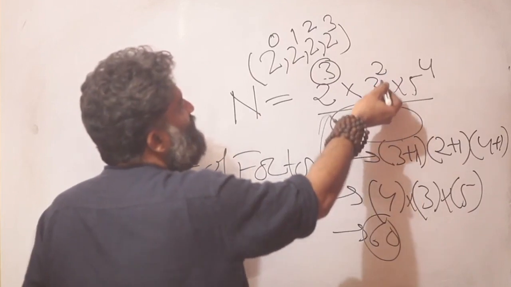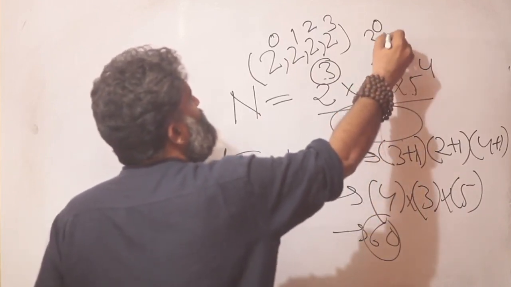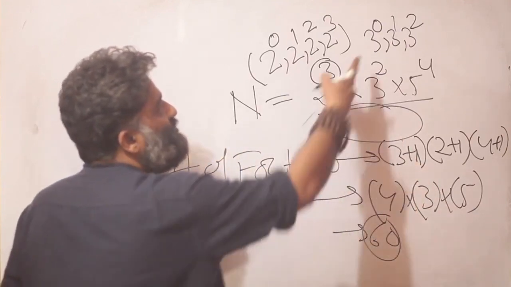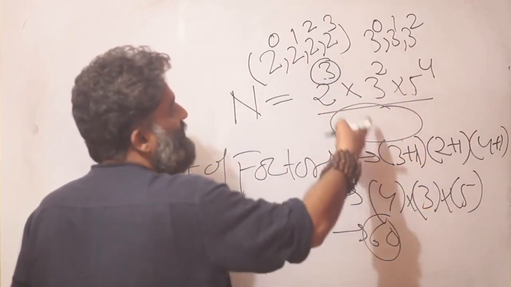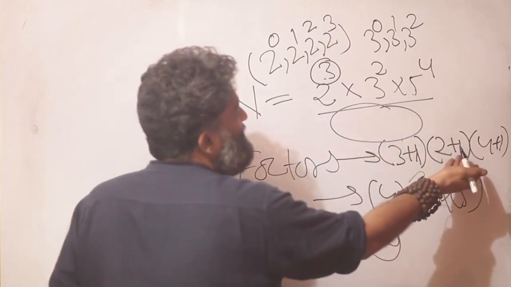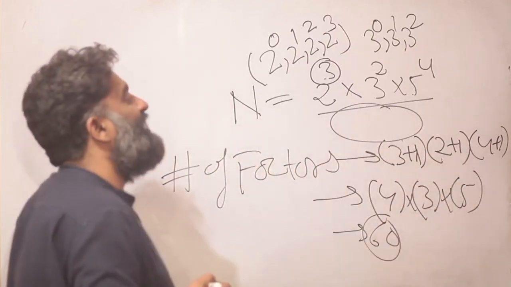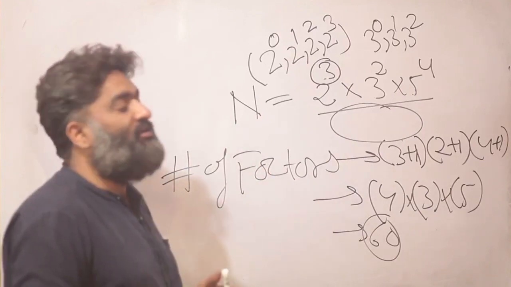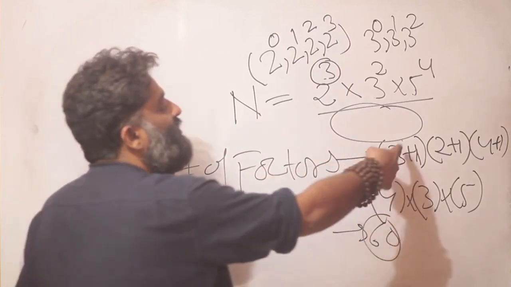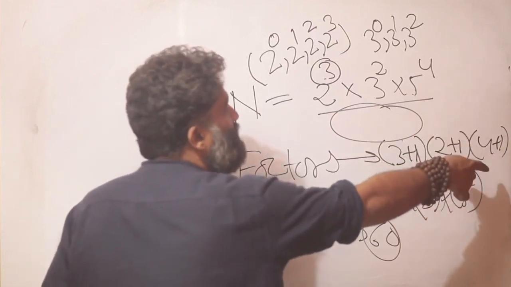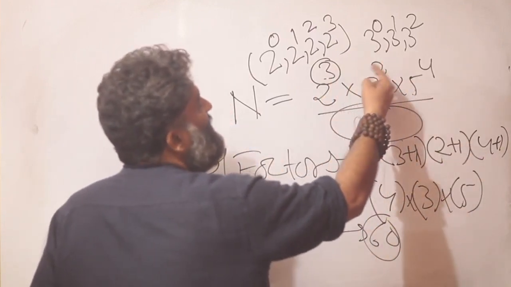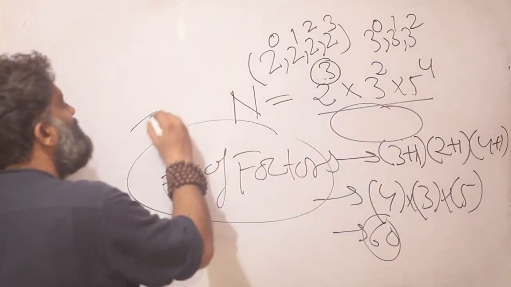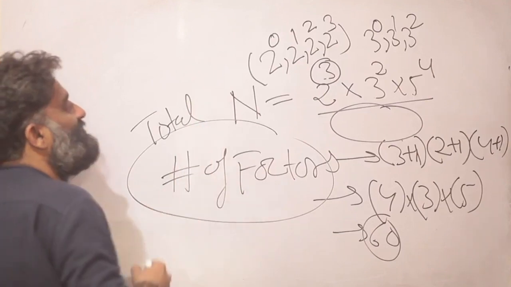Same logic for this. When I look at 3 square, it means I have 3 raised to 0, 3 raised to 1, 3 square as a possibility in the factors, because all of these numbers will divide the above number, right? That means I must add a 1, and that was our logic behind why we are adding a 1. The understanding of the logic was very important. Why? Because the formula of power plus 1 into power plus 1 into power plus 1 is only for the total number of factors, that is all factors.